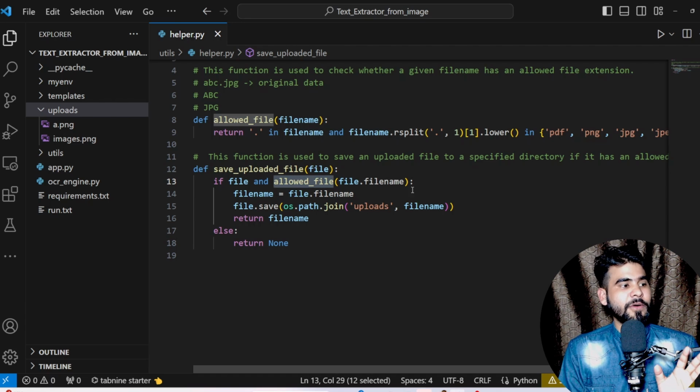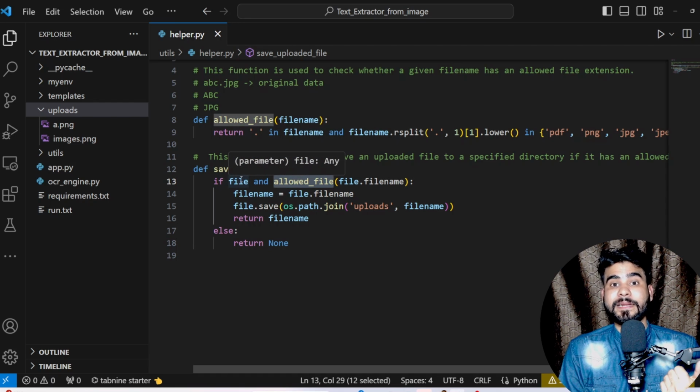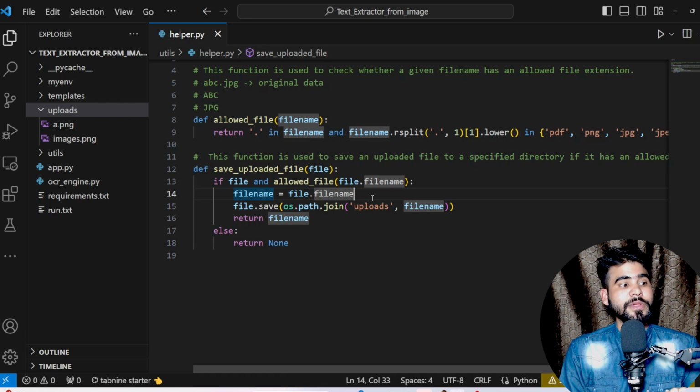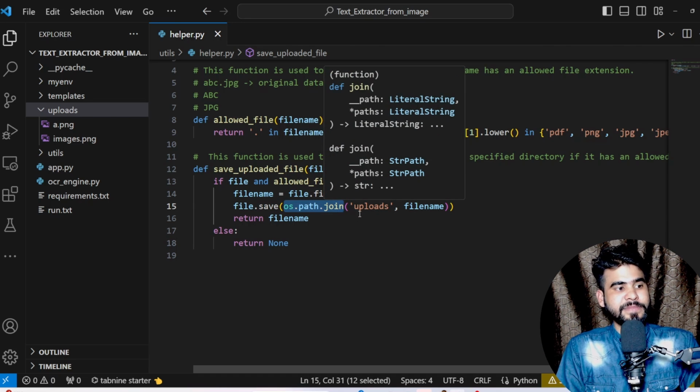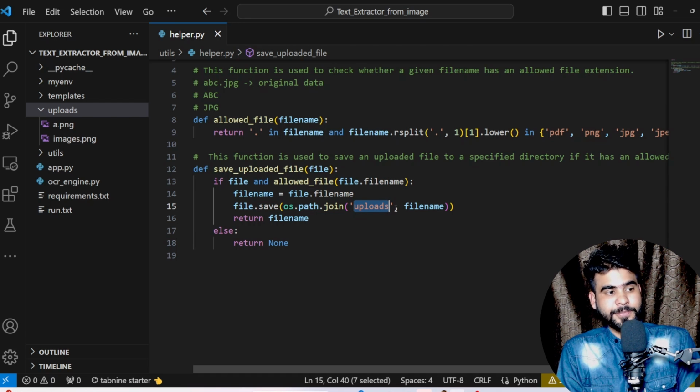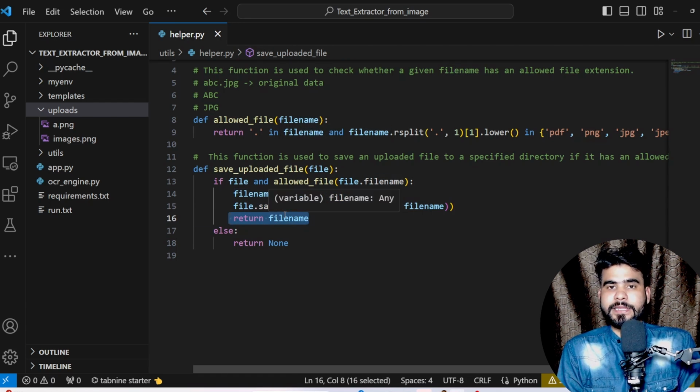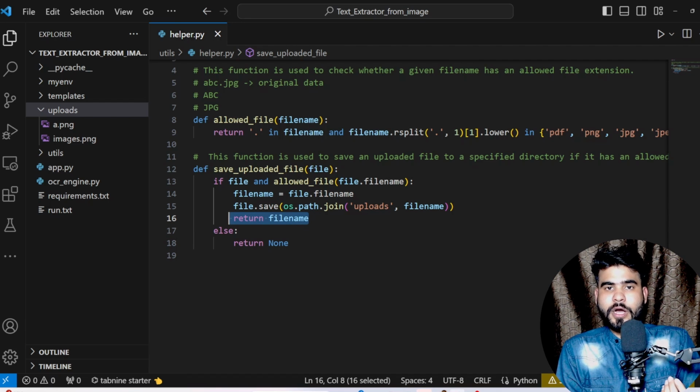Okay, now as you can see here, next we have the if-else condition. If file and allowed file name, if both things match, in this case we can save our data. Where can we save our data? Under our upload directory. So file.save, os.path.join, here we are going to join our entire path, find the upload directory, and based upon the upload directory, whatever data we upload here, the same data we are going to save under our upload directory, and after that we are going to return a file name, whatever file we upload,